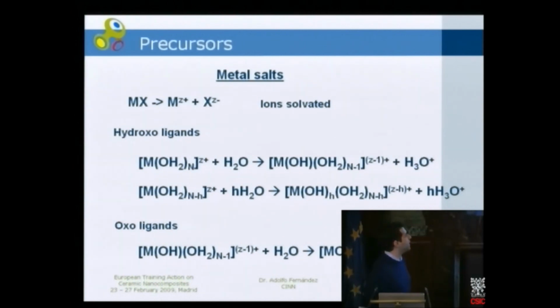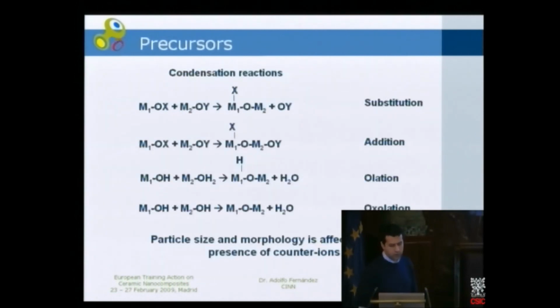Don't worry about this type of slide, because there are only 3 or 4 describing the main species that are formed in solution. When we dissolve a salt in water, the ions are going to be solvated directly by water molecules, and depending on the conditions and the nature of the metal, different ligands are going to be formed by giving protons or accepting protons from the media, forming hydroxo or oxo ligands. It's this type of ligand which is going to be involved in the reactions to form the sol-gel process.